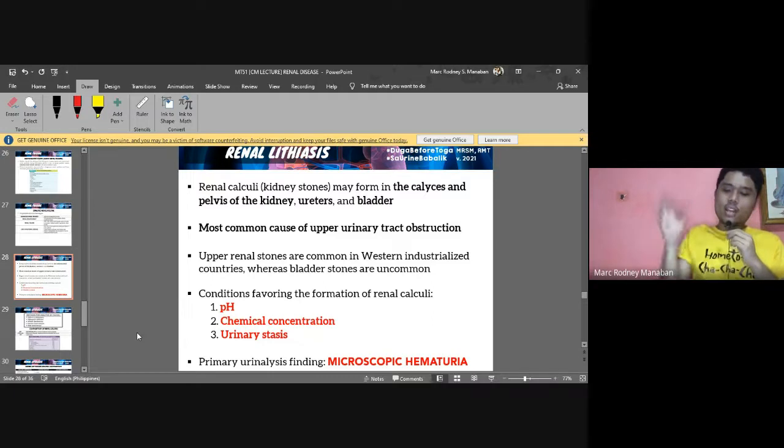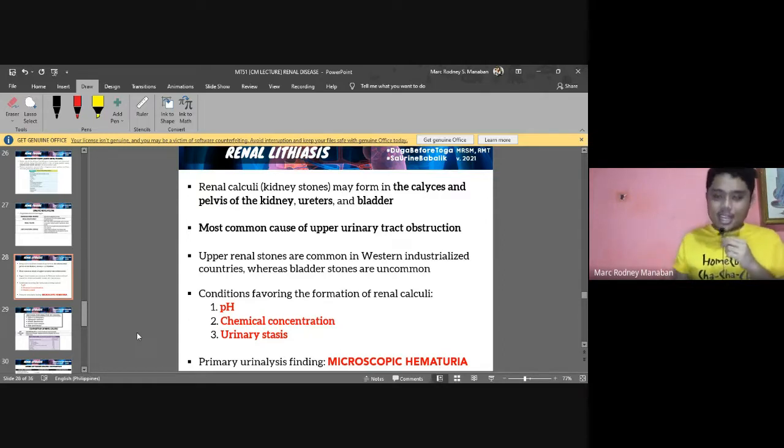So therefore, since we already know that, we can modify a lot of changes in our diet, because the majority of the causes of kidney stones are from our diet. Some are inherited, but the majority are from diet. So knowing that you are a stone former, like you are really prone to forming kidney stones, you have to modify your diet. So less salt, keep drinking water, of course, hydration,